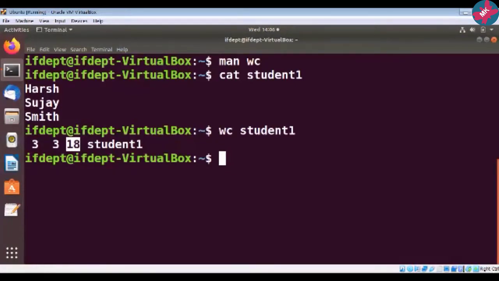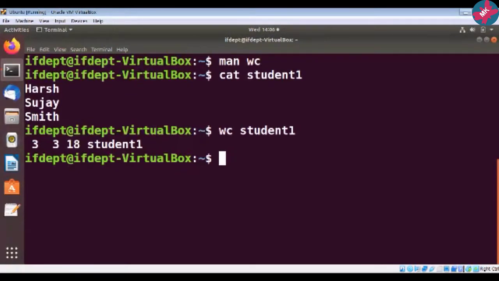Now how are these 18 there? See, after every 5 letters there is one enter, so that is also considered, and then 6, 6 and 6, so 18 characters are there.